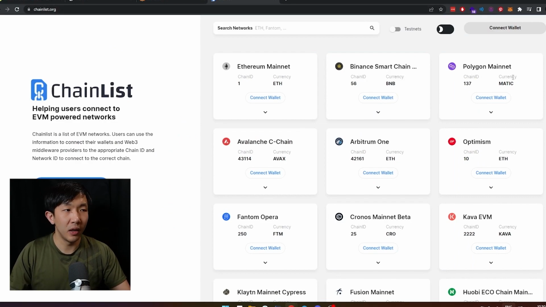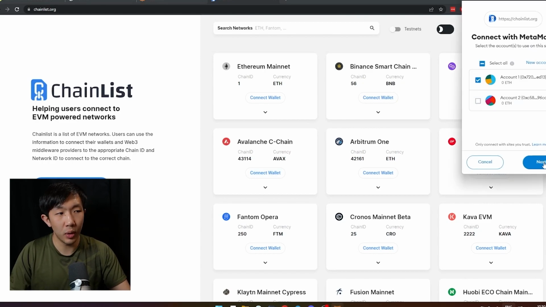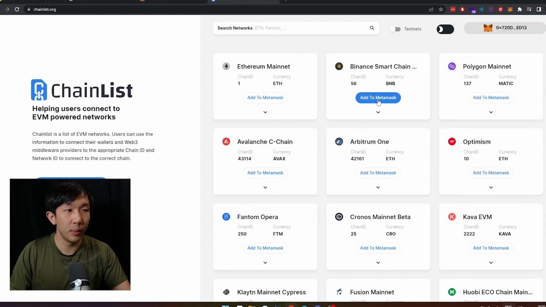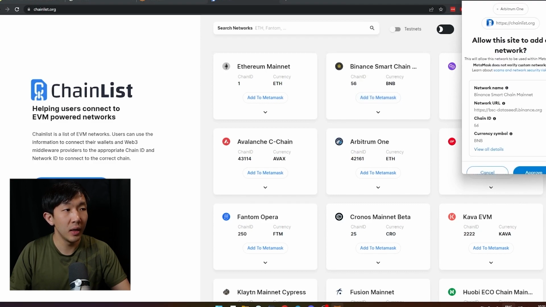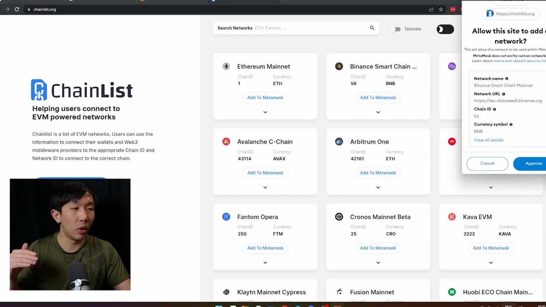Here you can find the Binance Smart Chain, Polygon, Optimism, etc. And this is also convenient because you can connect your wallet to this website, and then you can add the network to your MetaMask by just clicking this button. So here, add to MetaMask, Binance Smart Chain, and the same pop-up similar to before will pop up and you